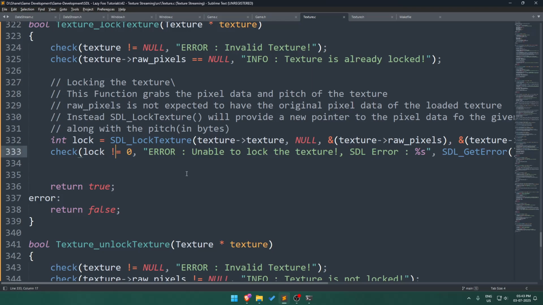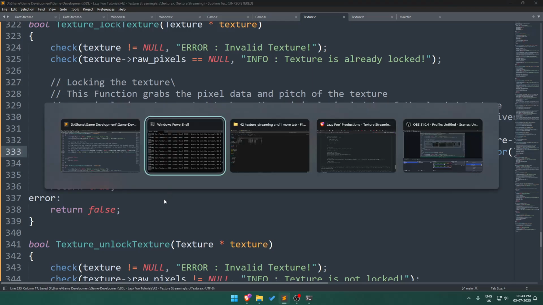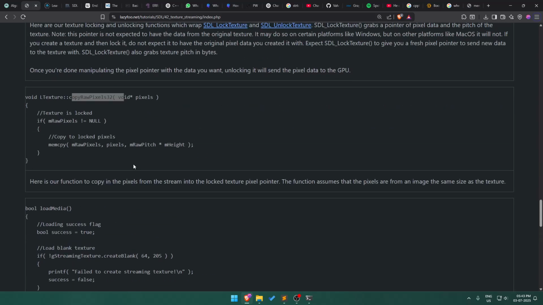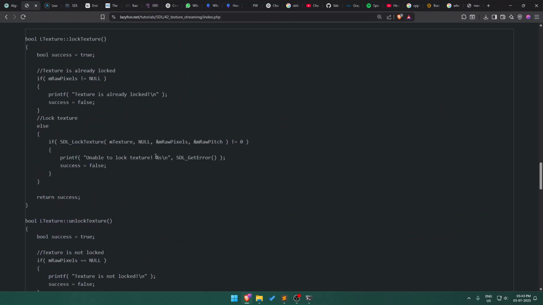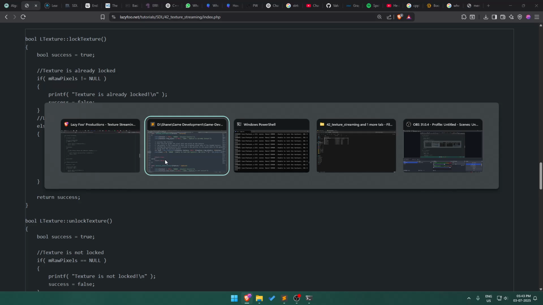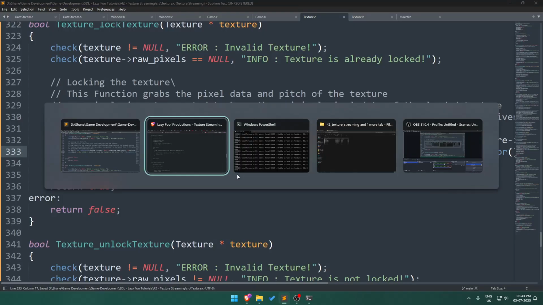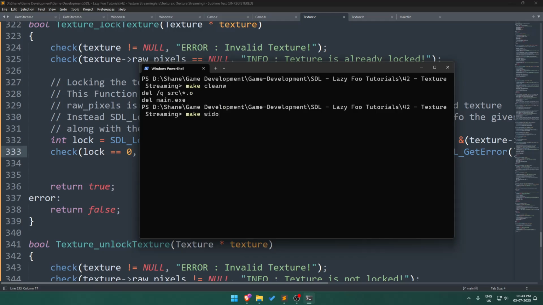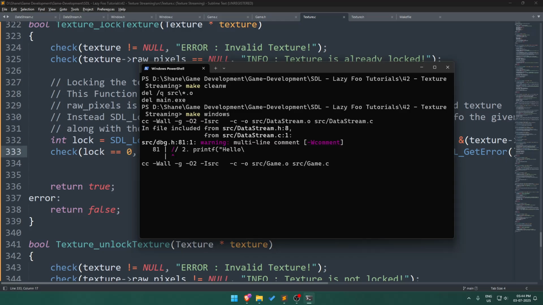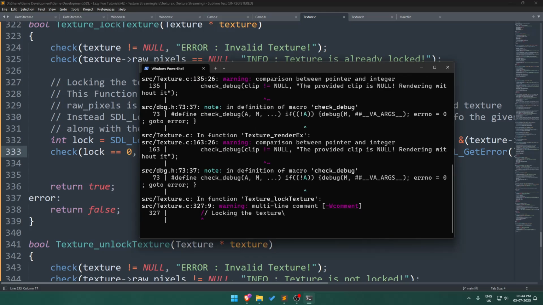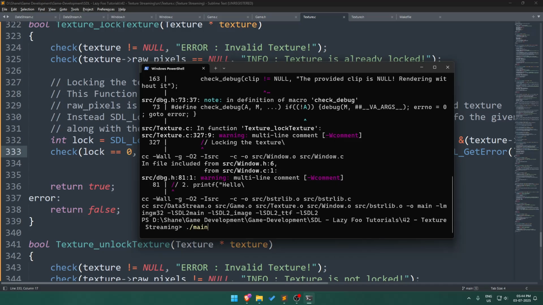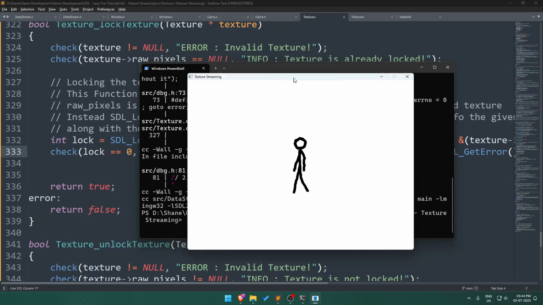Check lock. Okay, it should be 0. Yeah, that is the problem when we lock the texture, right? I think, right. Okay, if it is not 0, then we have a problem, but it should be 0. We set that clear, W, and then make Windows. And there we